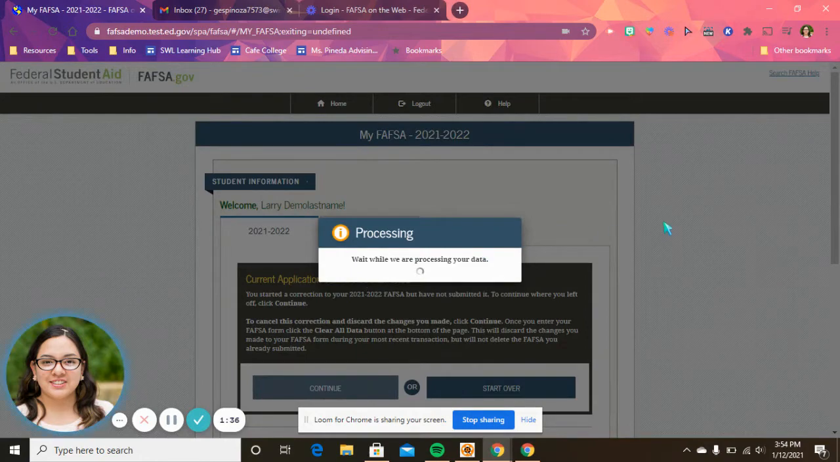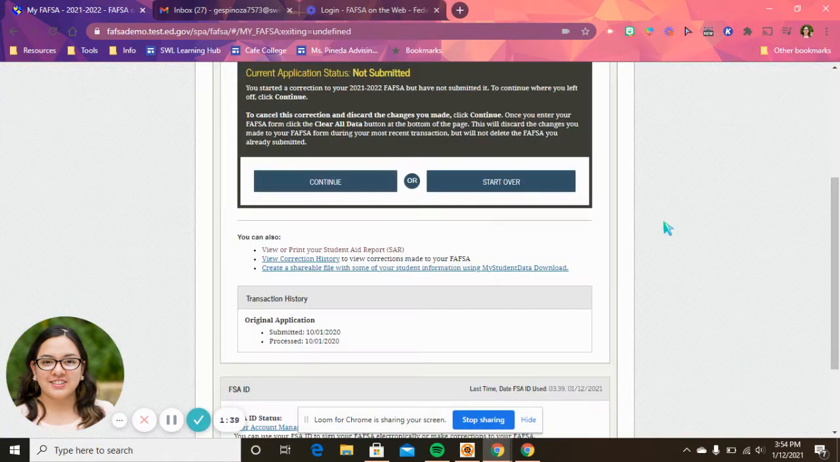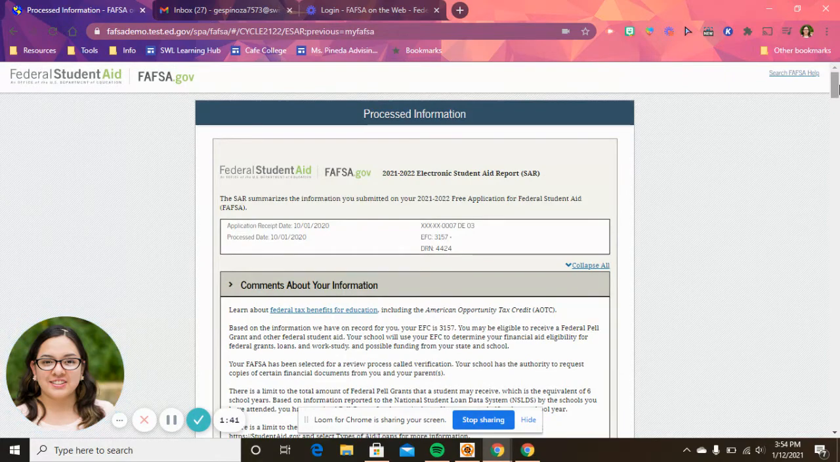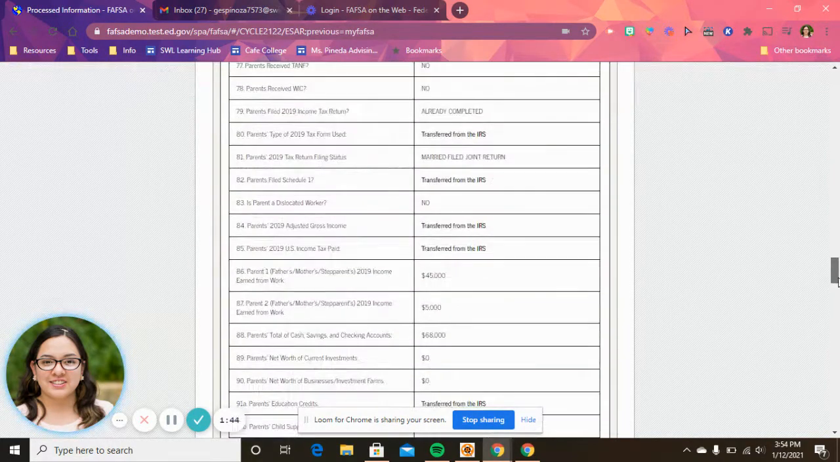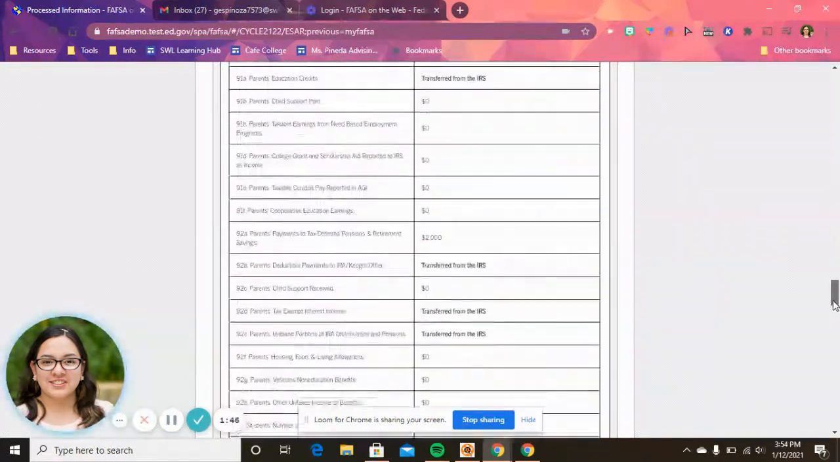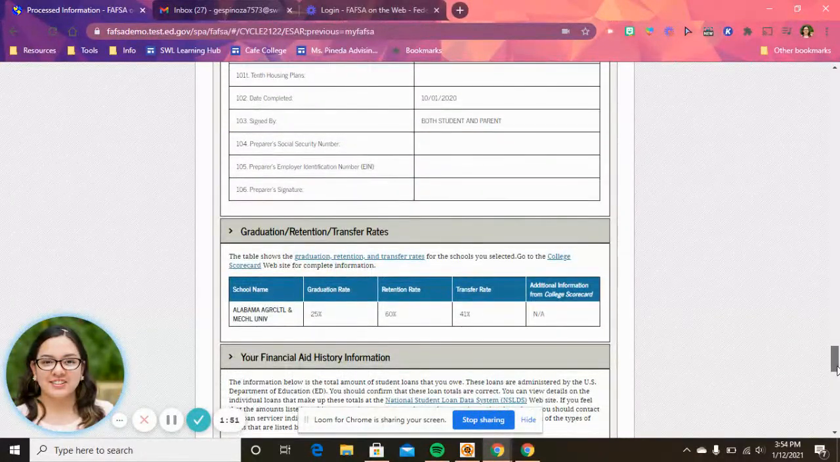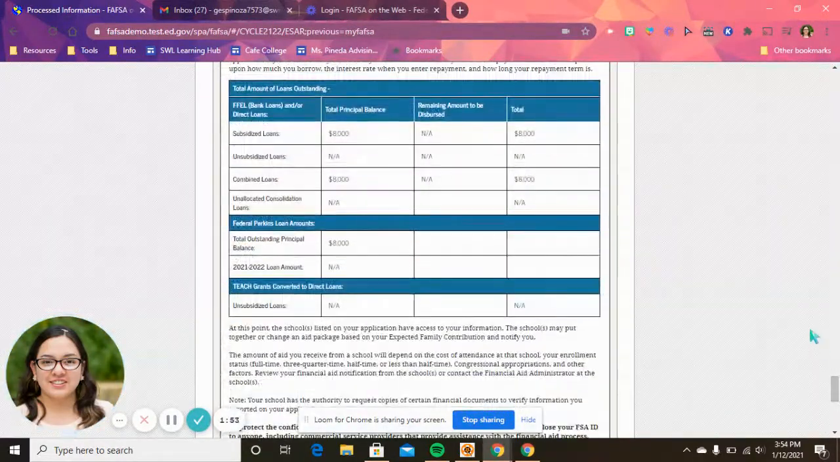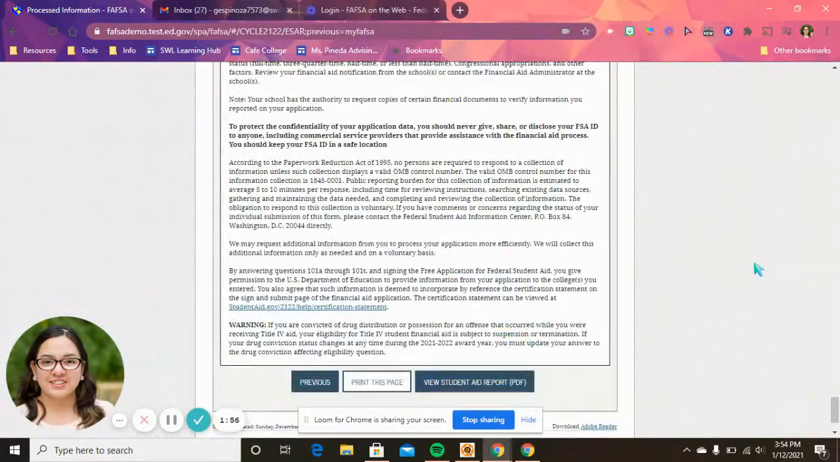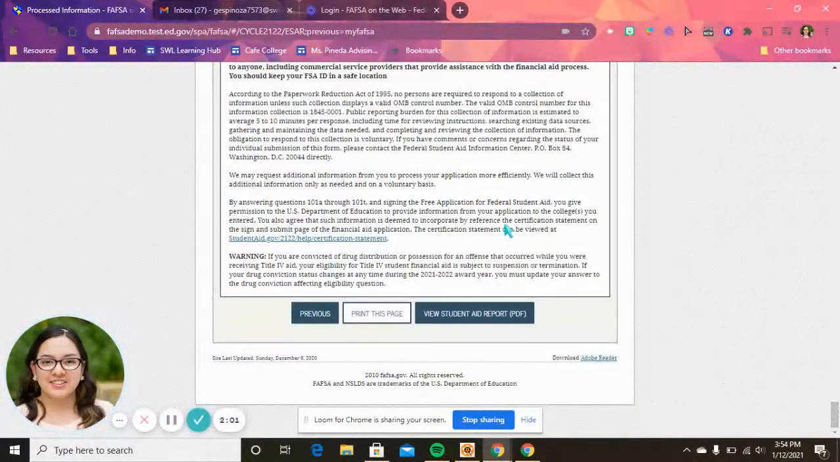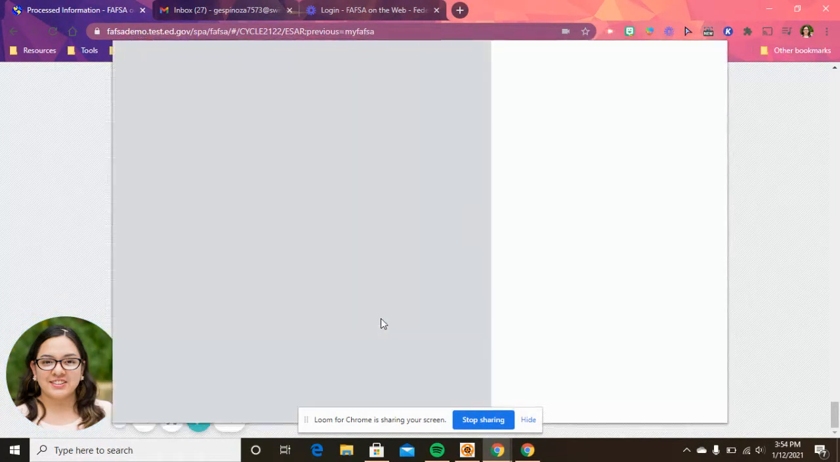All right, so it'll load up this sort of long file. It's basically, again, all of the questions that you answered, all 108 of them, or 6, I can't count. Okay. And after we scroll all the way to the bottom, we will see this option to view it as a PDF or to print this page. So we're going to go ahead and we're going to select print this page, and